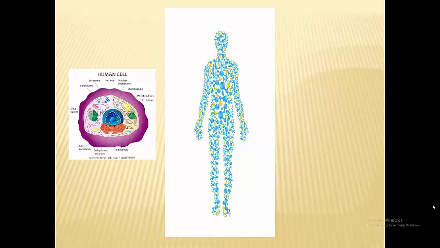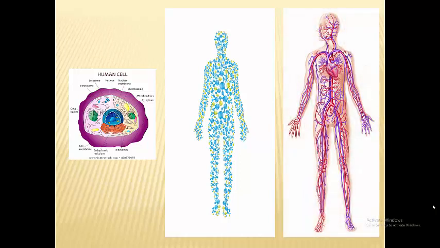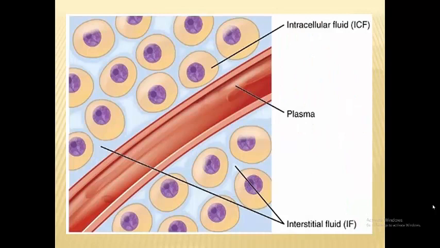And those cells themselves make up your blood vessels, but your blood vessels are running throughout your whole body. So your blood vessels are made of cells, and they are also running amongst all of your trillions of cells. So you're nothing but vessels and cells. And so if we zero in on that, we see a blood vessel, the red thing. The plasma would be your blood running through the blood vessel. We see all these little round things, these cells.